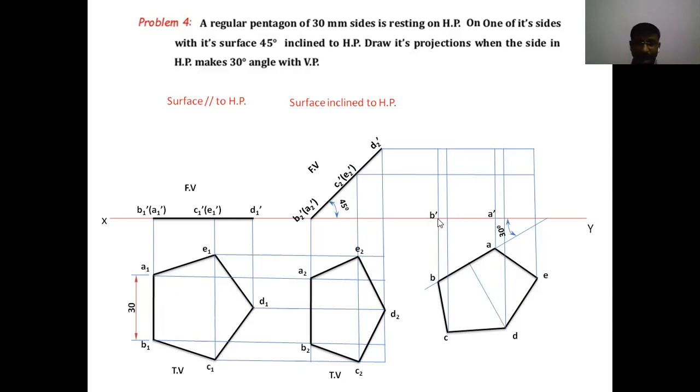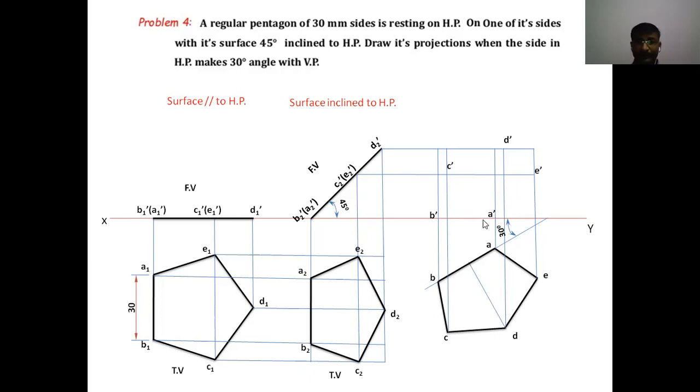Like that, we have to locate A dash, B dash, and C dash. The intersection of the lines from C and C2 dash, this point is C dash. And similarly, D dash, this point is D dash. And the last point, E dash: the line coming from E and the line coming from E2 dash will be intersecting here. This point is E dash. Okay, these are the points in the final stage front view.